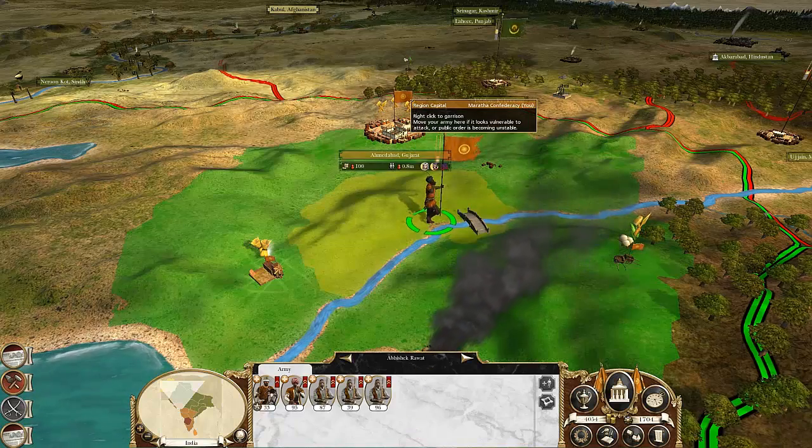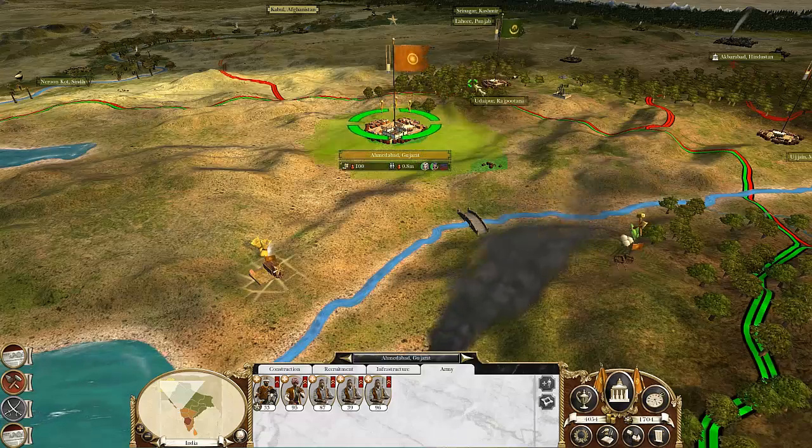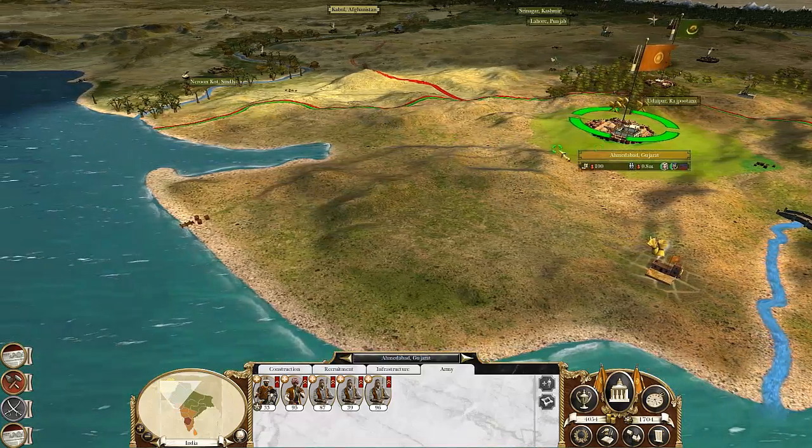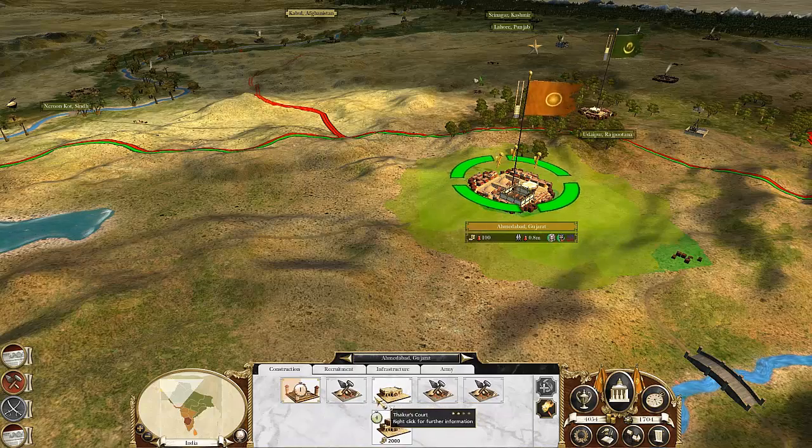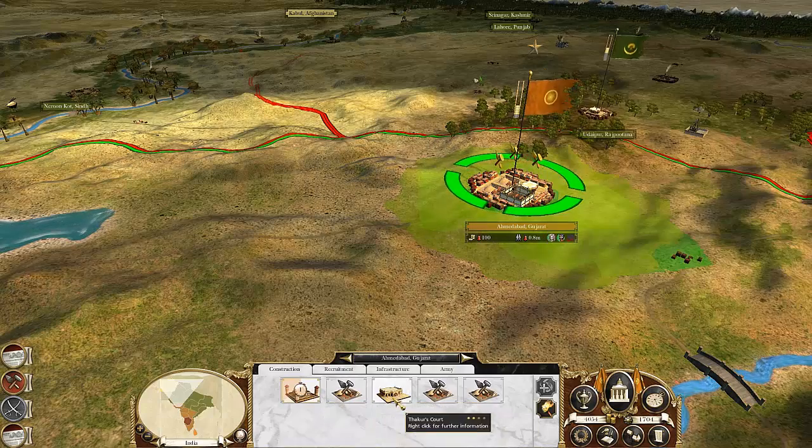We always need to make sure I get back there, because as soon as these guys notice there's no one guarding this town, they're just going to be straight in there. Cannon Foundry...